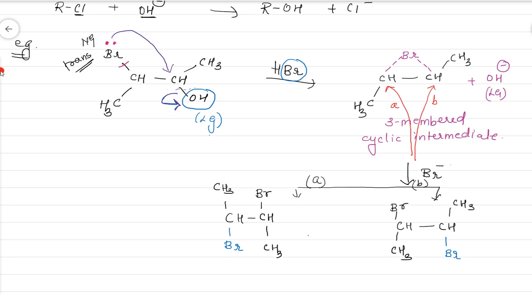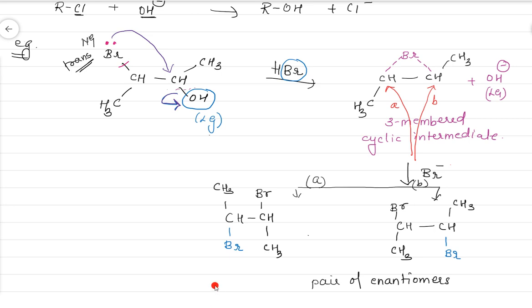So this is how you get two products. This is your pair of enantiomers. What are we getting? Pair of enantiomers. Okay, so this is NGP. Now this reaction has taken place, or the rate of the reaction has increased, because of the presence of a neighboring group. So let's see what we are doing exactly.